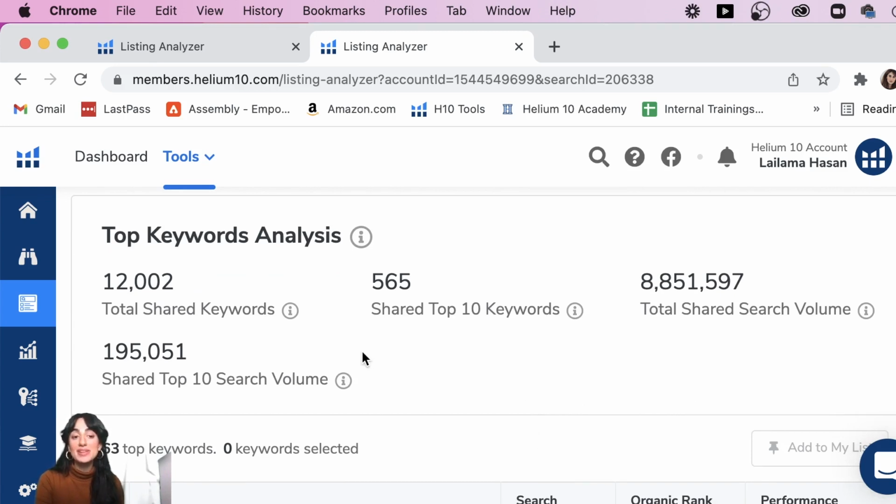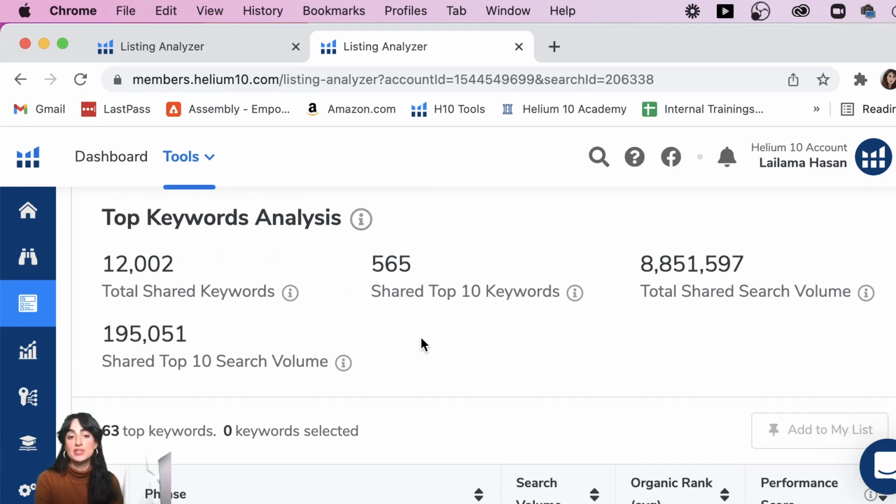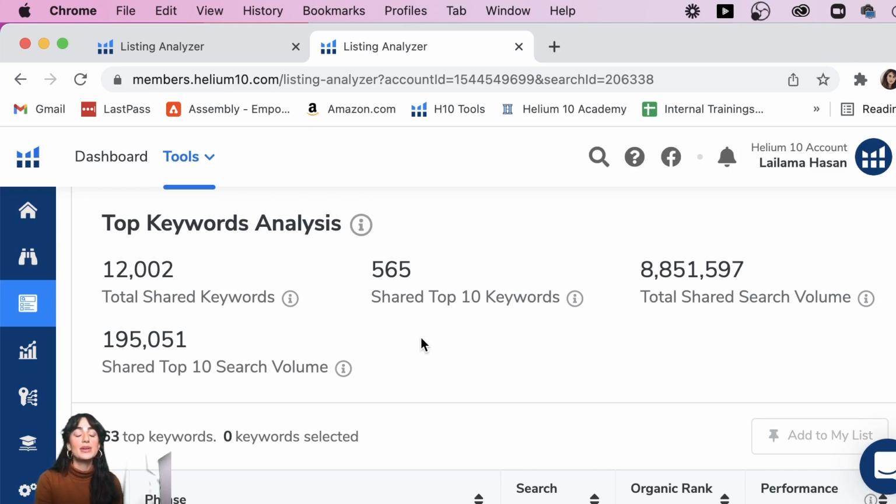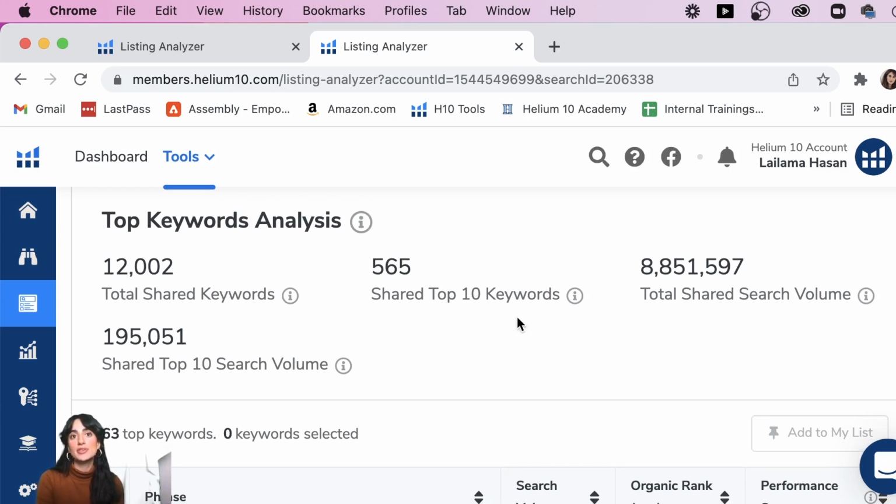Okay, so it's the top keywords analysis. This is very helpful. It's really good even when you compare to Cerebro. It gives you a lot of information. But another thing to be mindful of is, let's say if you're entering your own product and you've put in a bunch of your own different products, right? Then probably not the best section to look at. It's perfect for those ASINs that are within the same niche or the same market. In my case, I have chosen a set of essential oils, so it's going to give me a lot of